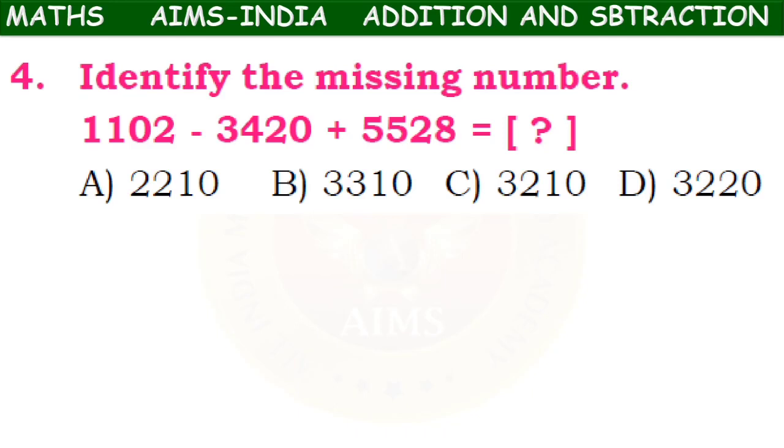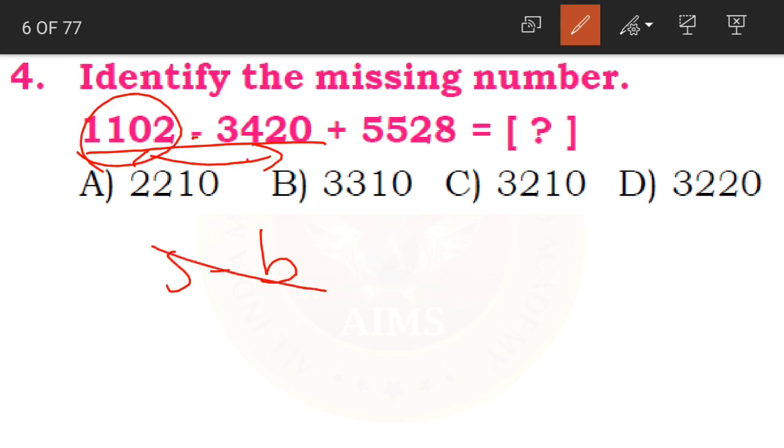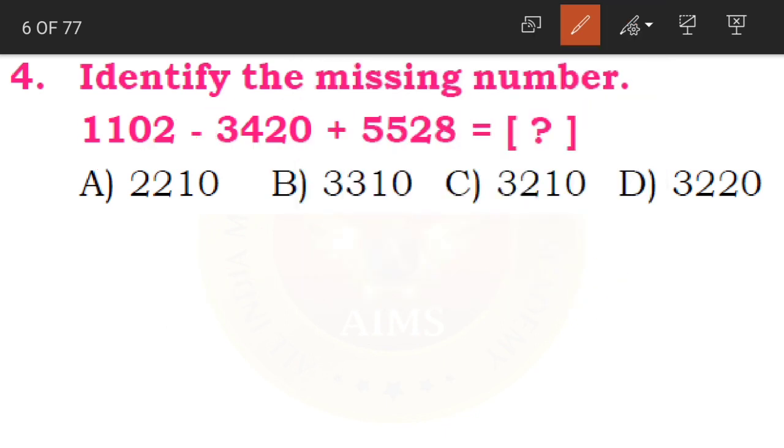Identify the missing number. Now here we are having three numbers. First we have addition and subtraction together. Yes, you remember, right? Addition and subtraction together. Now if you look at the first two numbers, here we are having subtraction symbol. We cannot subtract these two, because this is the smaller number minus bigger number. We cannot do that. So what should we do again? If I add these two numbers first, again this will become a bigger number. It will again remain small number minus big number. So what should we do? First we should add these two.